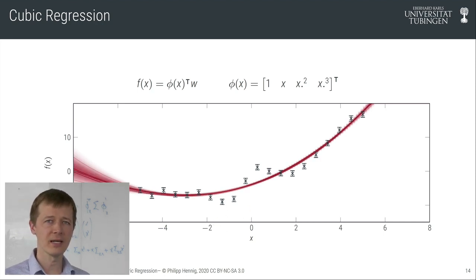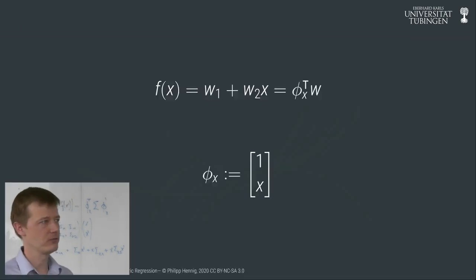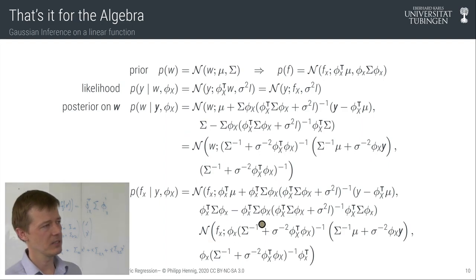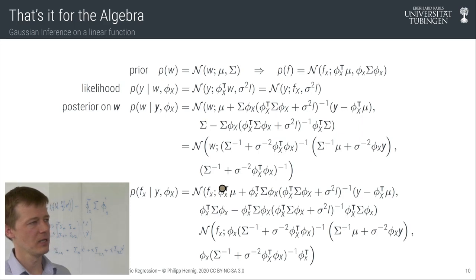This is an important aspect of Gaussian inference, which is caused by the fact, if you like, that the posterior is given by this expression. Here's the posterior over the functions, here's the posterior over the weights, written in various forms. What you can notice is, let's say we look at the posterior over the functions. Let's look at this form. So here's the posterior mean, and here's the posterior